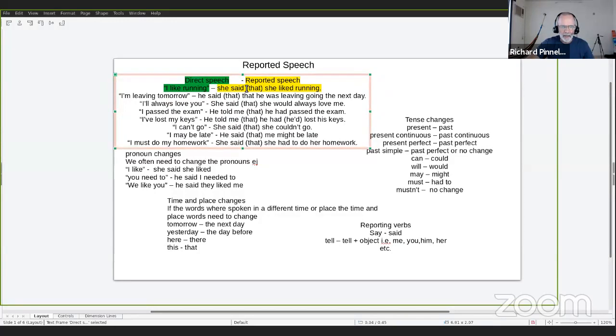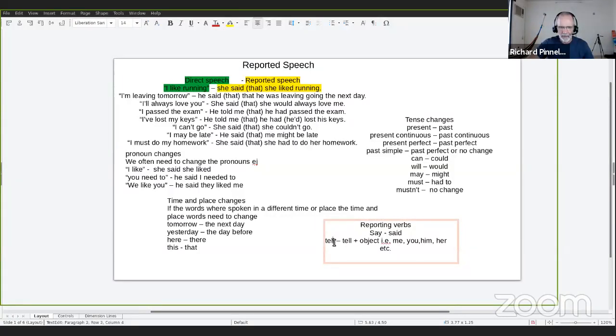First of all, at the beginning, we need to use this verb here, said. This is what we call a reporting verb. Now, there are many reporting verbs in English, but the two most common are say and tell. When we use them in reported speech, we need to put those verbs in their past form. So the past of say is said, and the past of tell is told. These are the two most common reporting verbs. There are many other reporting verbs, for example, suggest.